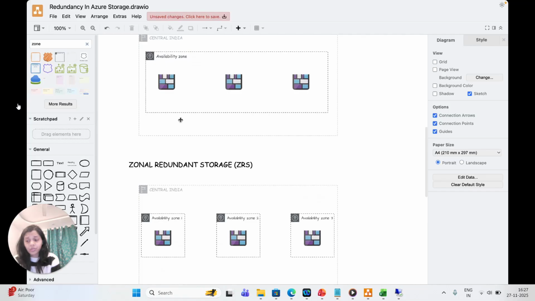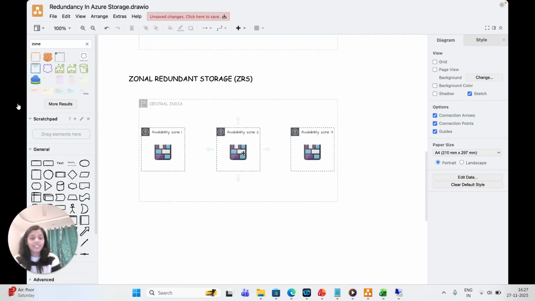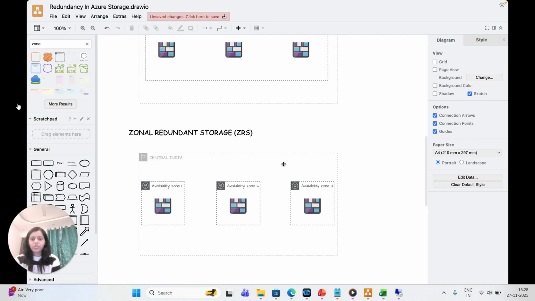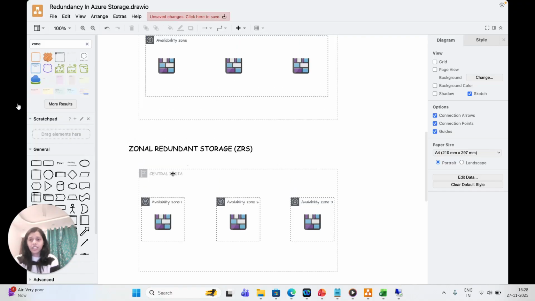Okay, so if the whole region goes out of service, then again it is not good for prod. That is the one challenge that it has still not overcome from the LRS. So it cannot handle the regional failure. That is one of the disadvantages of the ZRS. Okay. So apart from zonal redundant storage, if we move to the other storage redundancy, we have two more redundant